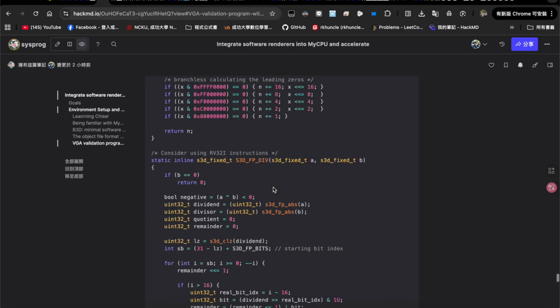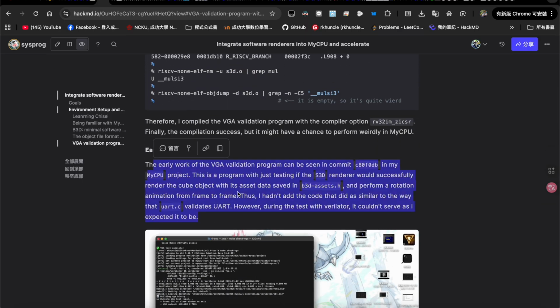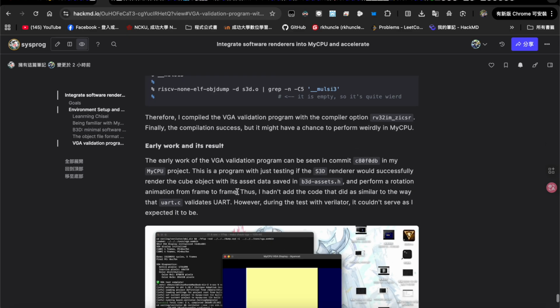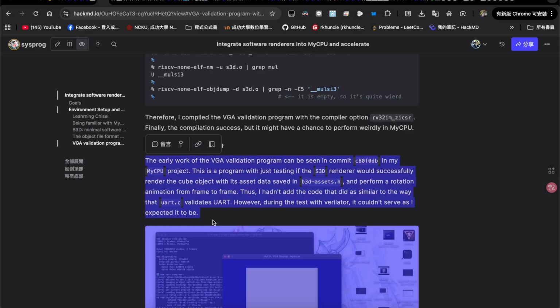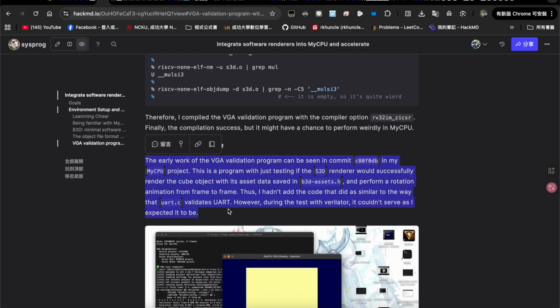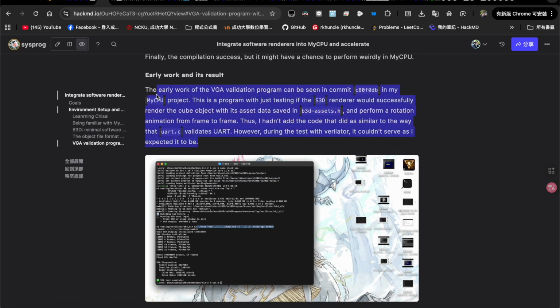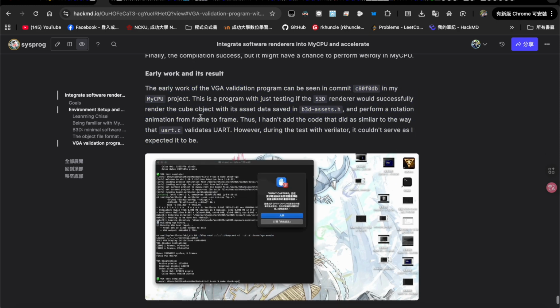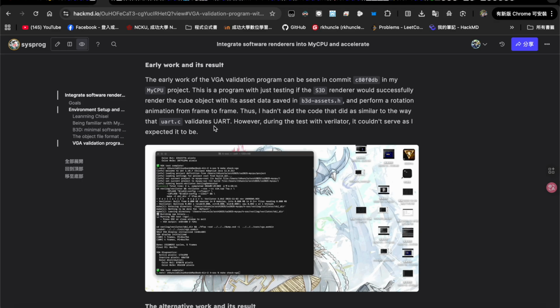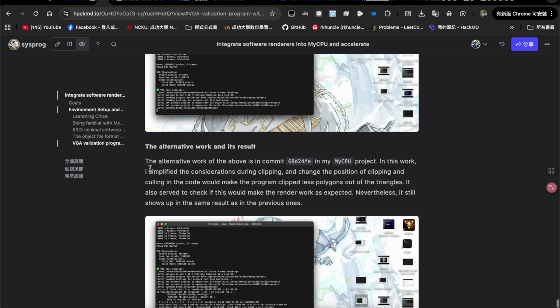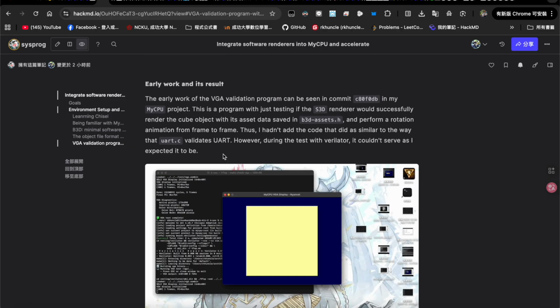After I could successfully compile all the codes, compile the programs, I do the test, and then I test if these compiled programs could successfully run in this case. So I test first with the early work and second with the alternative work. So first, the early work